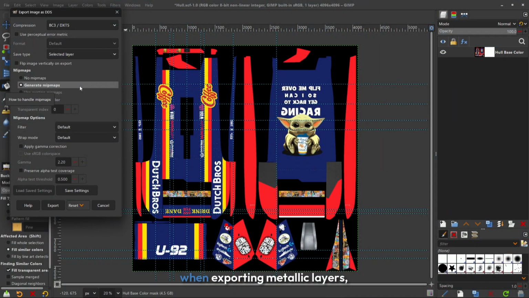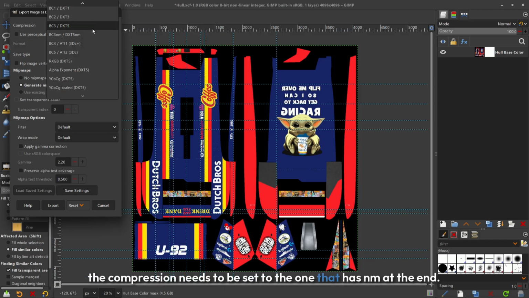And just a reminder, when exporting metallic layers, the compression needs to be set to the one that has NM